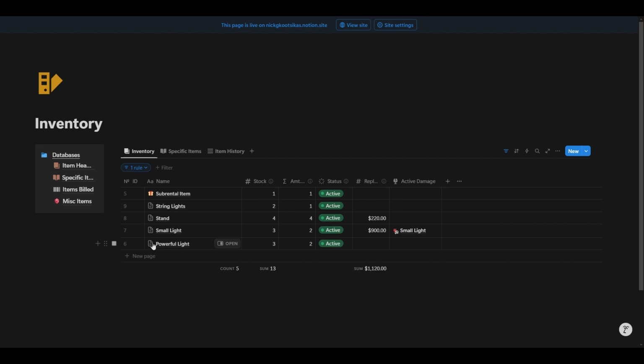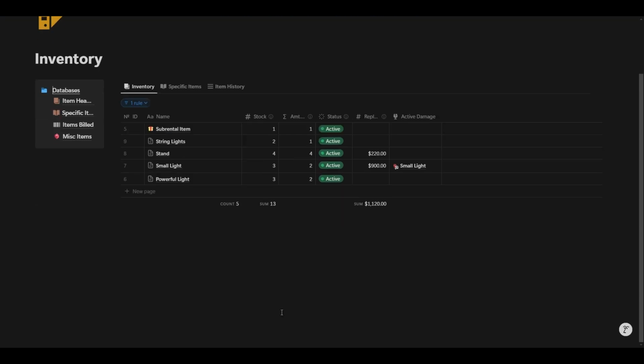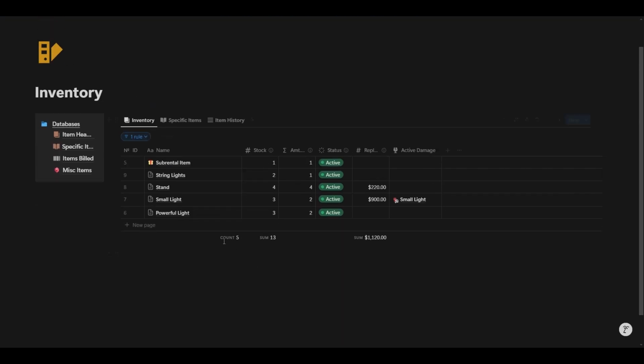In terms of something like the powerful lights, all pages in the item header database are just model names. Imagine if this said something specific like RA SkyPanel S60. That would be the model name, and we have 3 of them. When we added the powerful light to the order from before, we're calling from this page on this specific database, but this is just referencing the actual physical lights we have in storage, which can be found in the specific